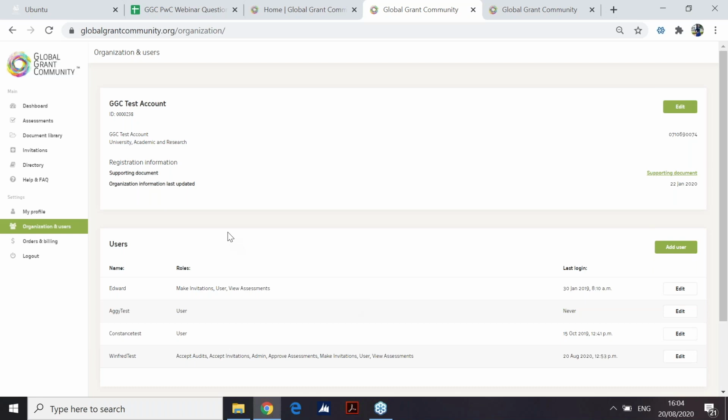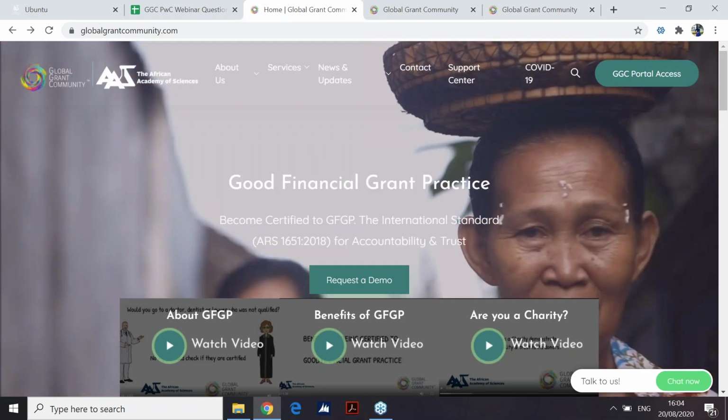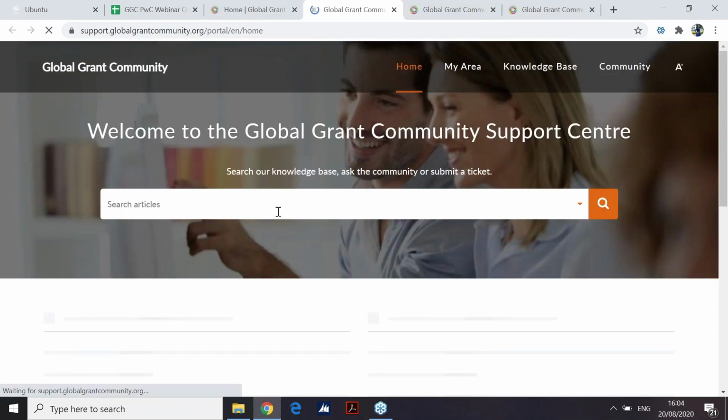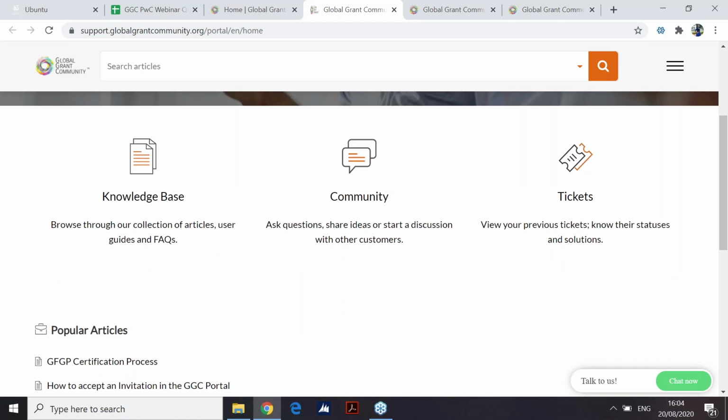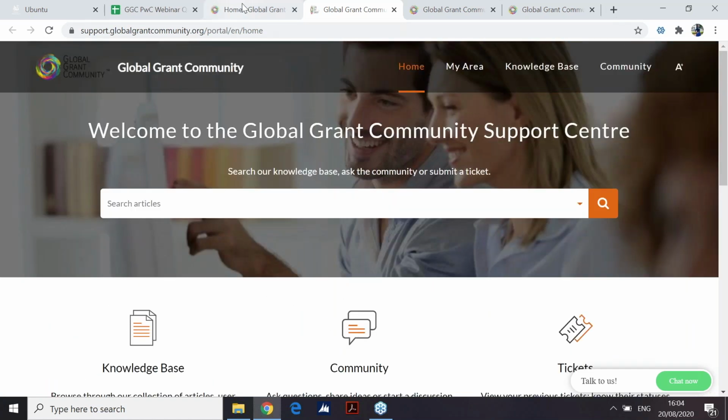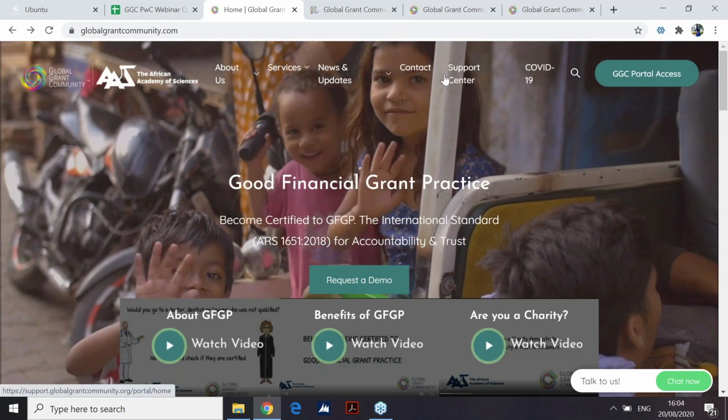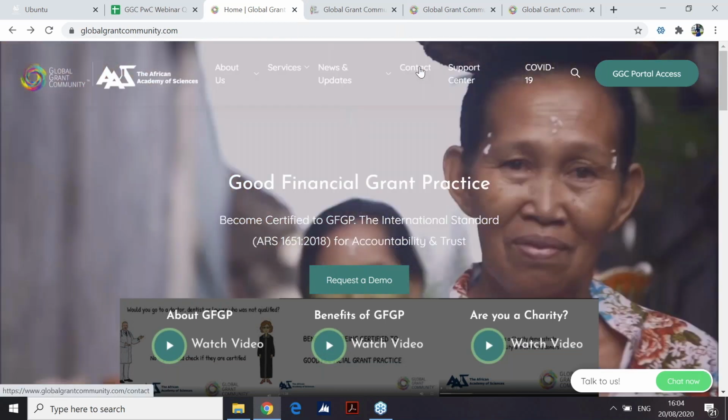So just to finish off, I would like to show you our support center, whereby you can access the frequently asked questions as well as articles and user guides that will be very helpful in your journey towards certification. I would also like to let you know that you can reach out to us via Global Grant Community at